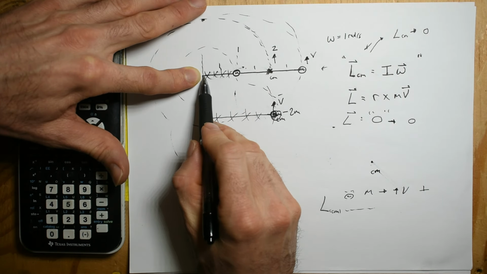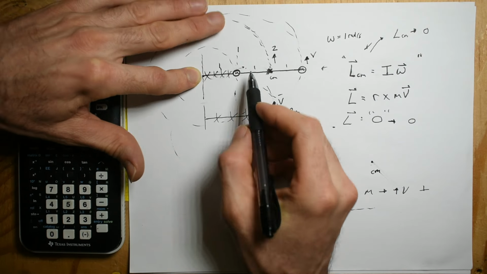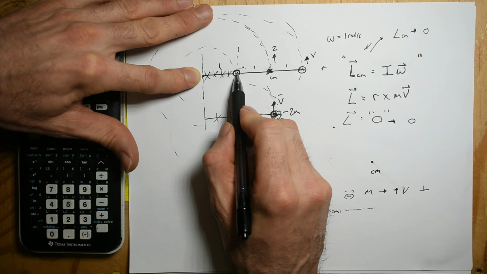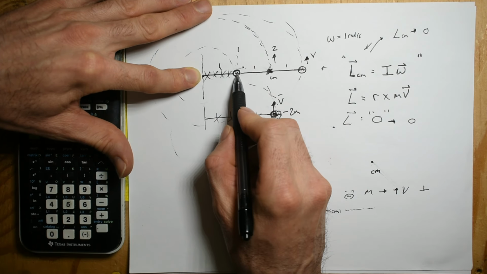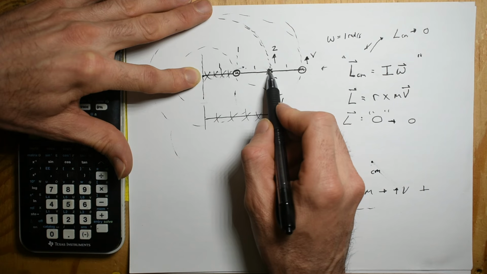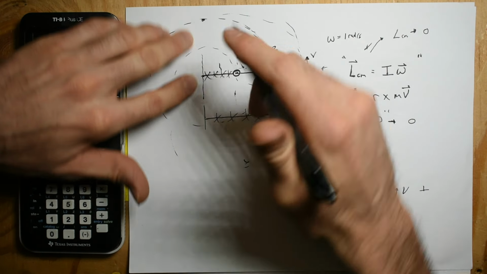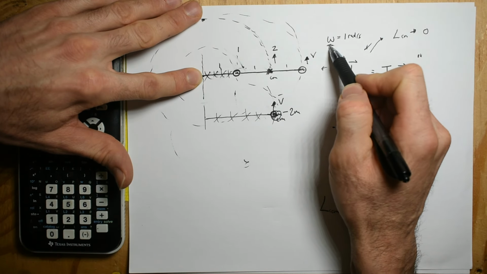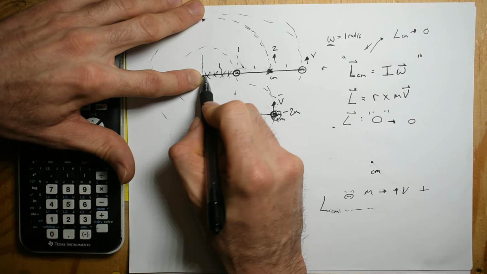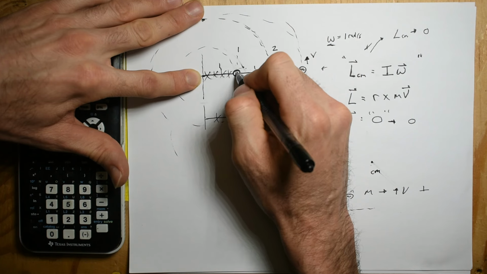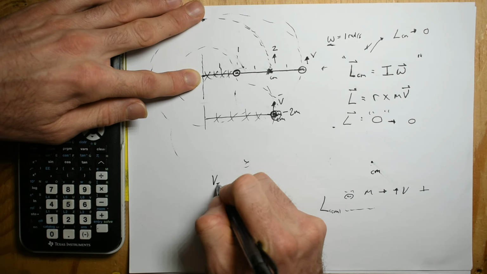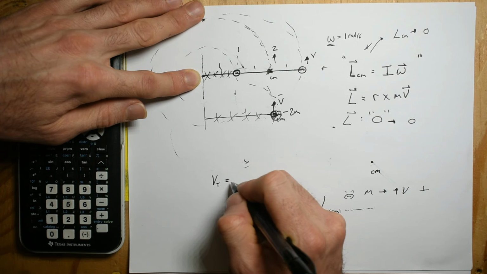And so this is a distance of 1, can be meters or whatever. But then, if this whole system rotates together with an angular velocity of 1 radian per second, that means that the tangential velocity here, I always like to do this, tangential velocity is,